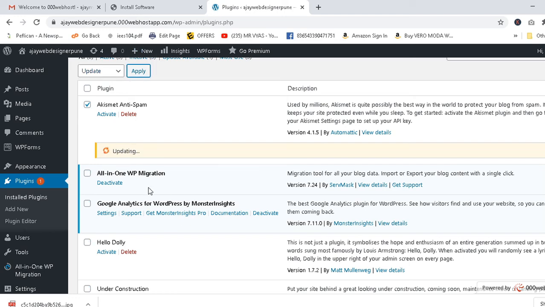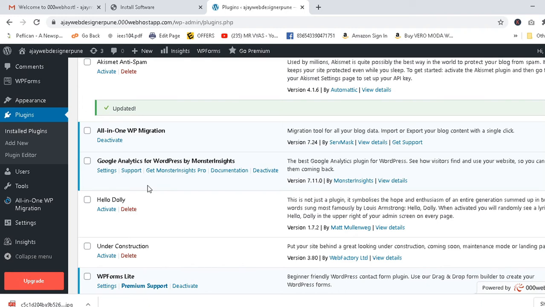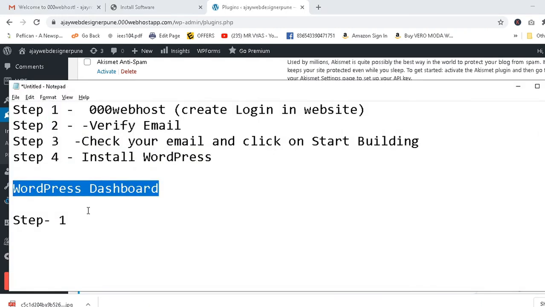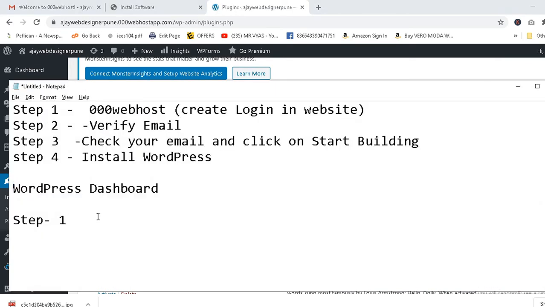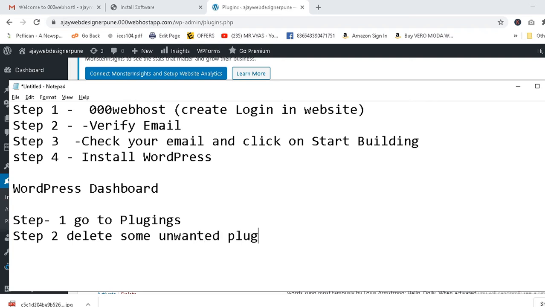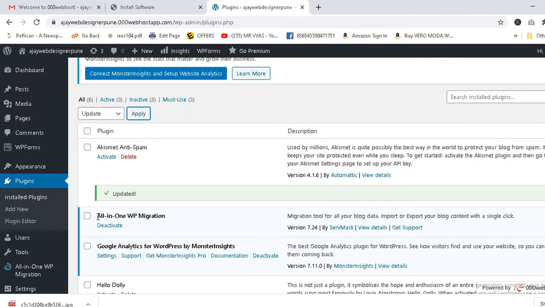In this section we require only 3 plugins. The remaining plugins you have to delete. I'll show you. Go to the plugins, and step two, delete. Delete some unwanted plugins.